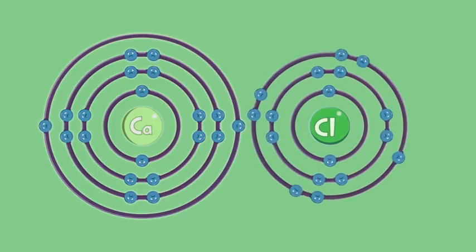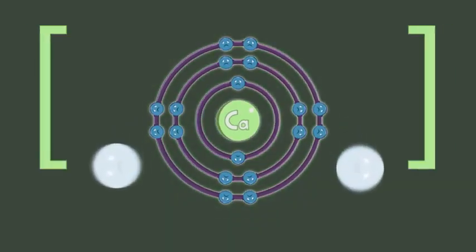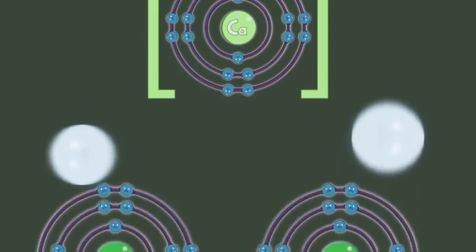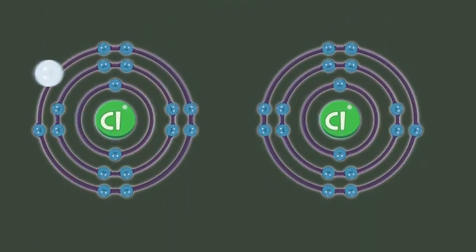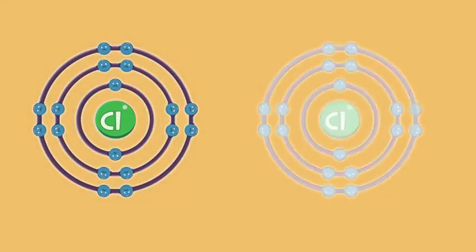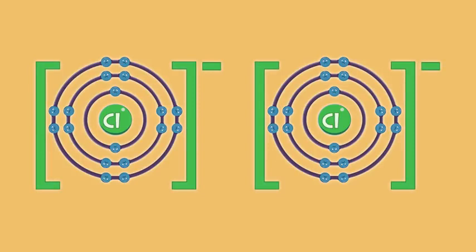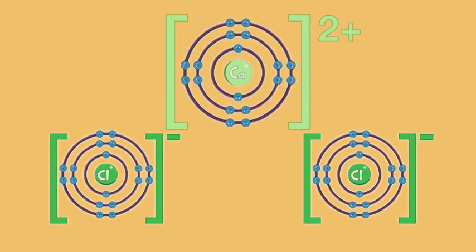Now, let's look at calcium and chlorine. Calcium loses two electrons to form a calcium ion. One of these electrons is transferred to a chlorine atom, and another is transferred to another chlorine atom, forming two chloride ions. The calcium ion is electrostatically attracted to the two chloride ions because the opposite charges must fully balance each other